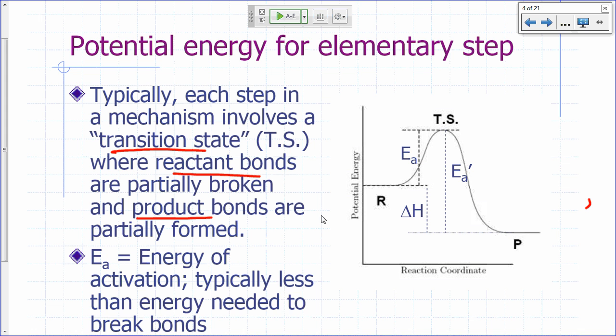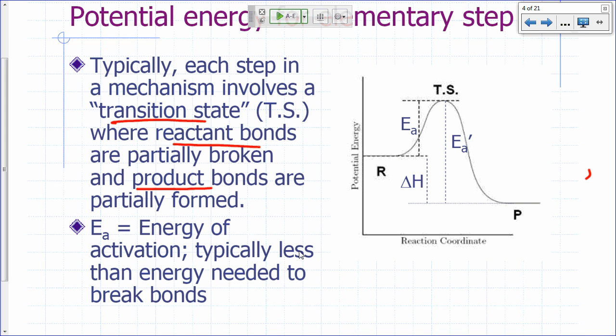The energy of activation that we have here, which we are showing here, will typically be less than the energy needed to break the bonds, because while you're forming your transition state, as your atoms change their positions relative to each other, you could be changing the potential energy of the entire system. So what you would normally need to break a bond, that energy might be more than